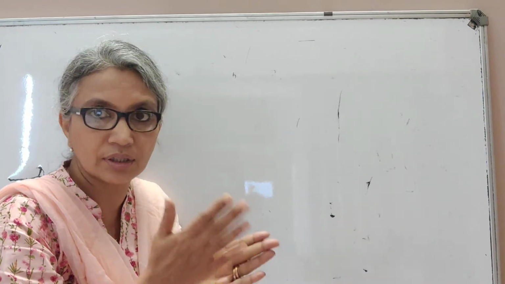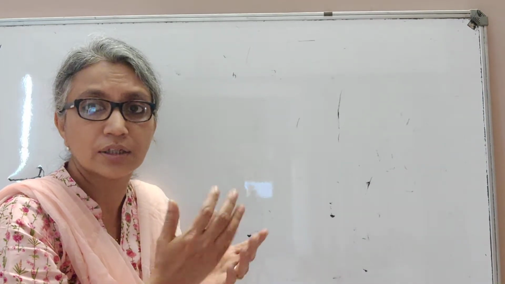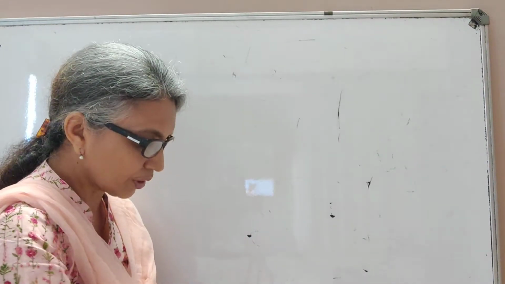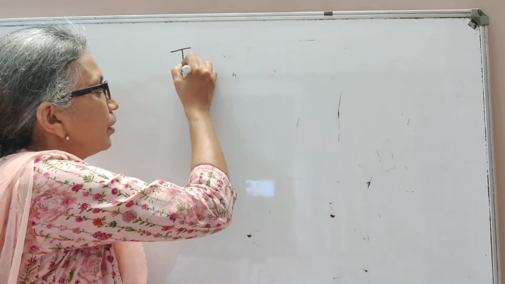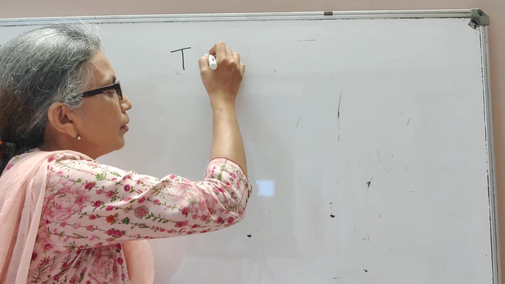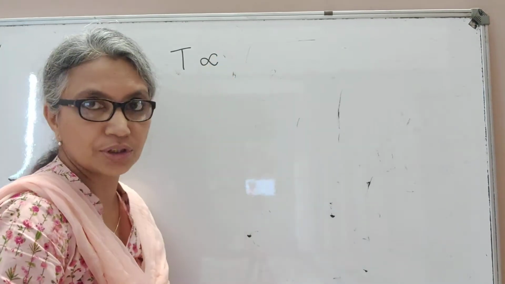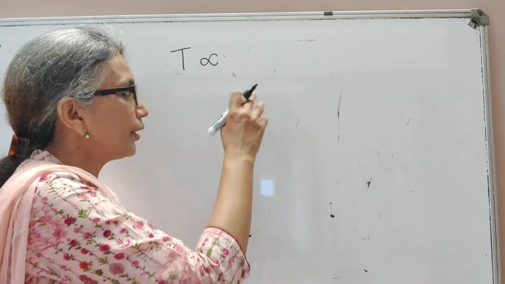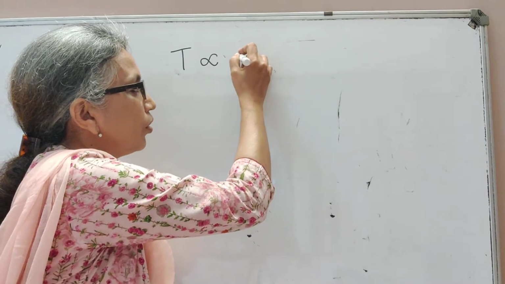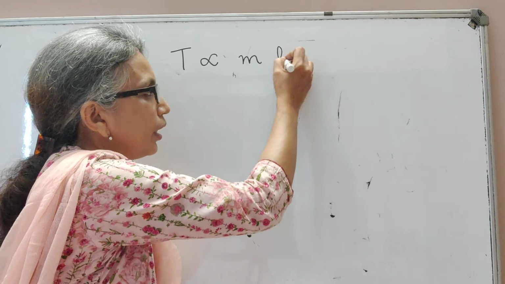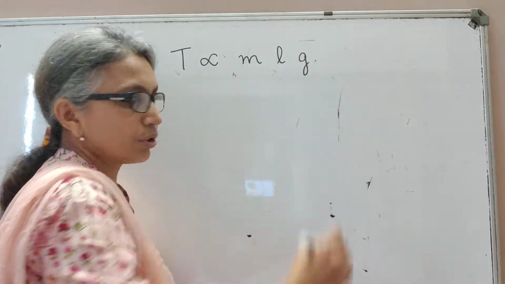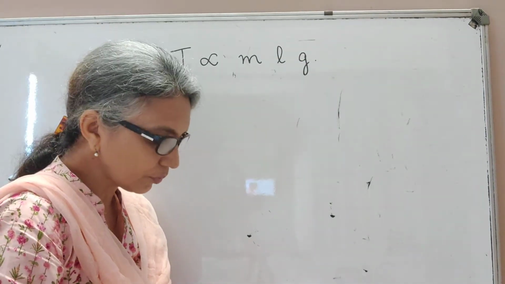So find out how the physical quantity is related to these factors. Bring out an equation or a relation that connects the physical quantity to these. So then what you do is, they've given you that the time period is dependent on, I'll give the proportionality sign, mass, length, and the acceleration due to gravity.